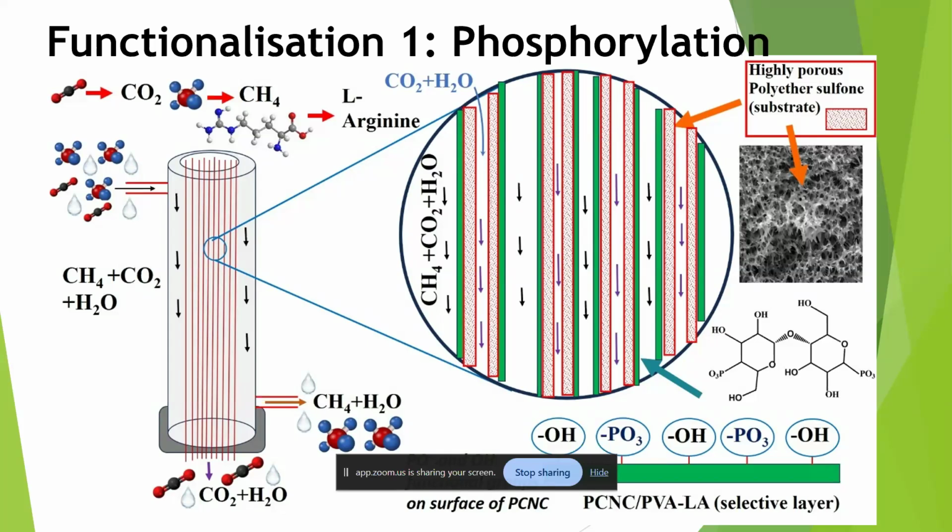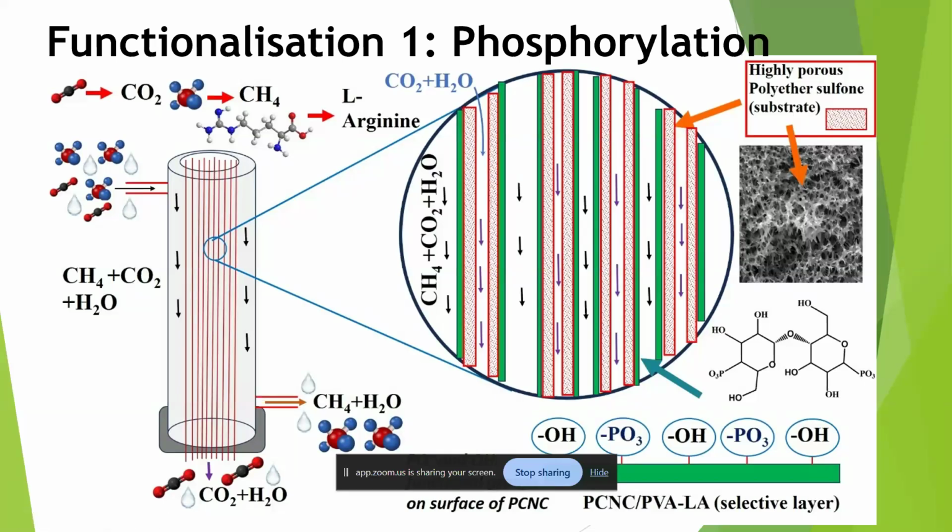The hydrophilicity of nanocellulose was improved by different functionalization methods in order to improve the permeability without any reduction in the selectivity. One such application is phosphorylation, where we are imparting phosphoryl group PO3 minus